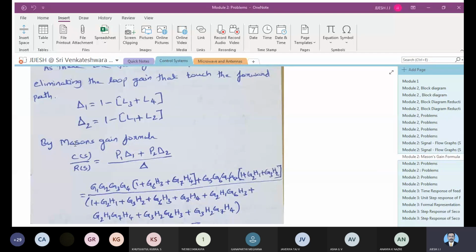So that mistake should not be made, and you need to try the possibilities, how many forward paths, how many loops. All these things are quite interesting. Once you solve more problems, you become very confident, and you can say that it is very comfortable to do all these kinds of things.